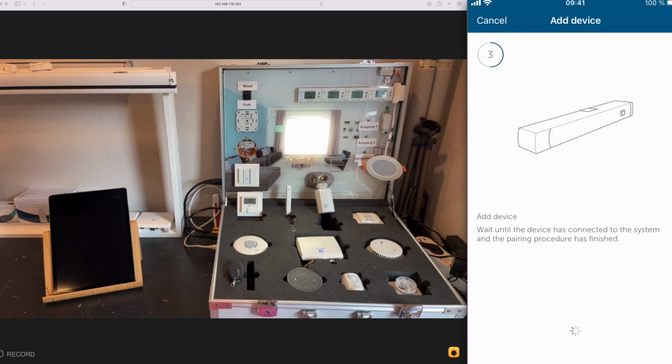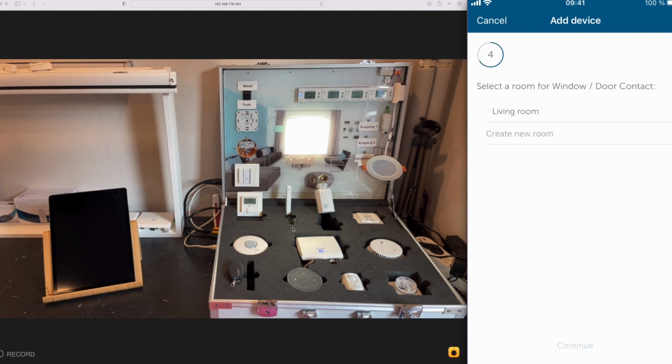And now, in order that this window contact will reduce the temperature in your living room when it is opened, just choose the living room again. So now we have 3 devices in the living room. Continue. In the next step, also you are able to change the device name,